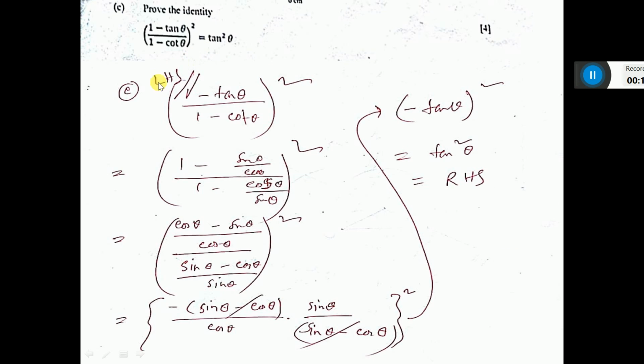We have to take the left hand side, it is 1 minus tan theta whole square by 1 minus tan theta by 1 plus cot theta whole square. So break down tan as sin by cos and cot as cos by sin. Do LCM here and here separately. And from the numerator cos theta minus sin theta you take minus common, then it will be sin theta minus cos theta. And this one I write there sin theta by sin theta minus cos theta. Then sin by cos will be tan, this cut, and 1 minus sin is there, whole square. So it will be minus whole square means plus tan square theta, that is the right hand side.